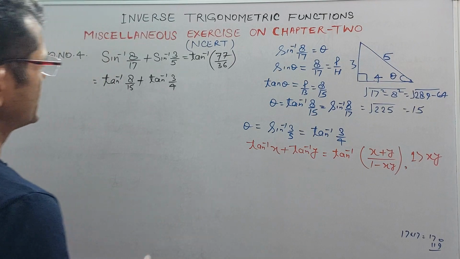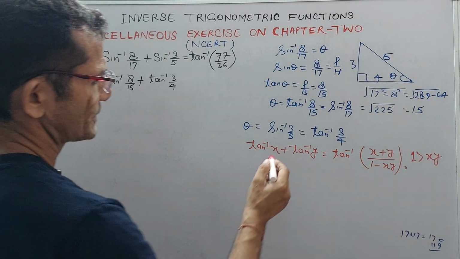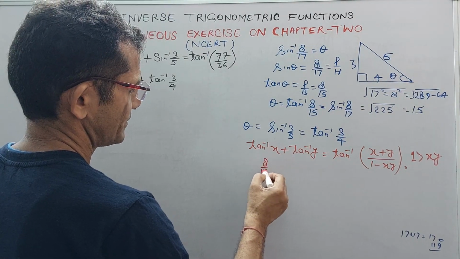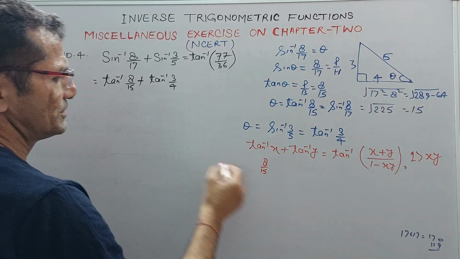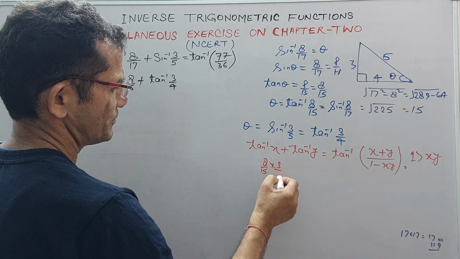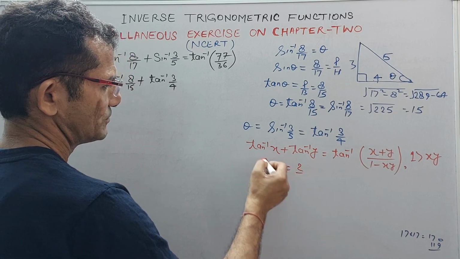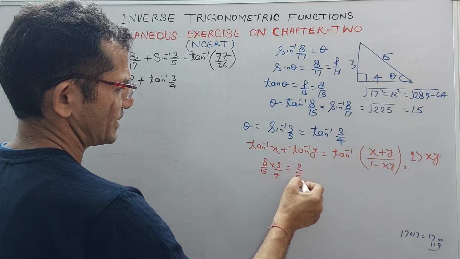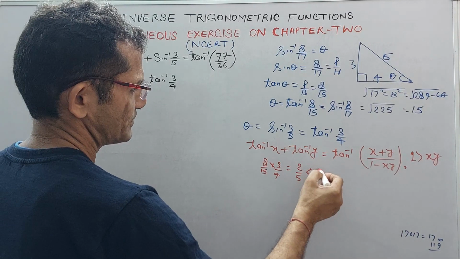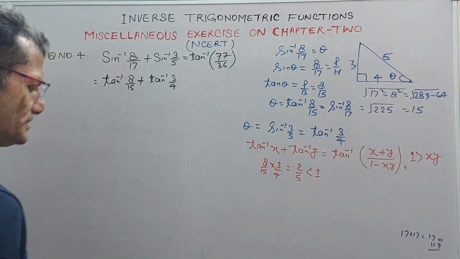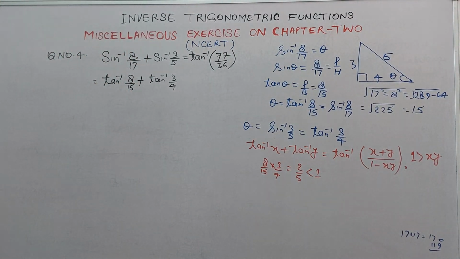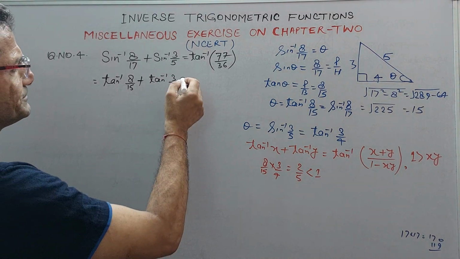So obviously, the product of 8 upon 15 into 3 by 4, if you simplify this, 8 by 4 is 2 and 3 by 15 is 1 by 5, so this value is 2 by 5, which is less than 1. So this value is less than 1, so we can use the formula here. So now finally, using this formula here,